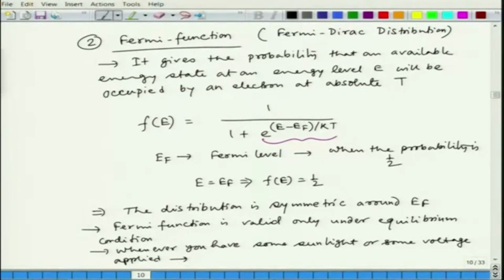It is not changed, but it is shifted from the Fermi level. So, the Fermi function shifts, and these two quantities will tell us how the band structure will be affected for the doped semiconductors, and